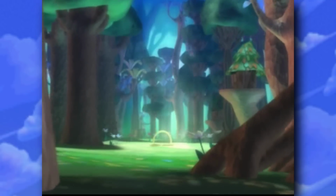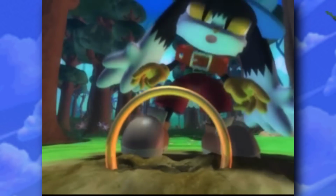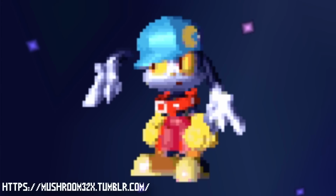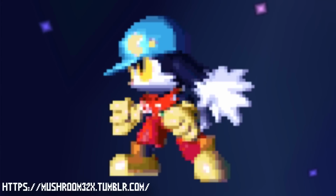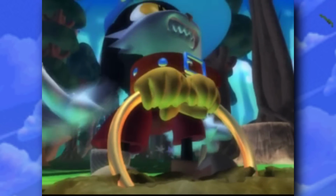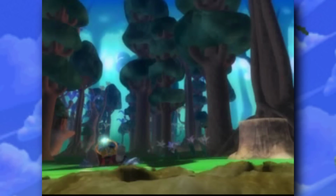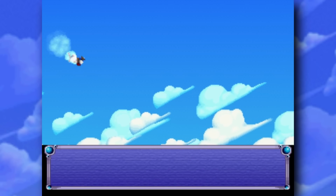This isn't here to trick you into playing an uglier game. There's narrative importance to this CG, and there at least is a bit of consistency here, as they do use this CG model of Klonoa for the in-game sprites, and they do get quite expressive, even if they are quite crunchy at times. Again, I know how arbitrary this might seem, but I cannot stress enough how important these scenes are for the overall story, which we are not going to spoil here, but just to give you a quick synopsis,